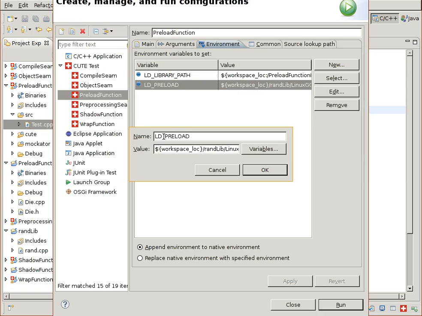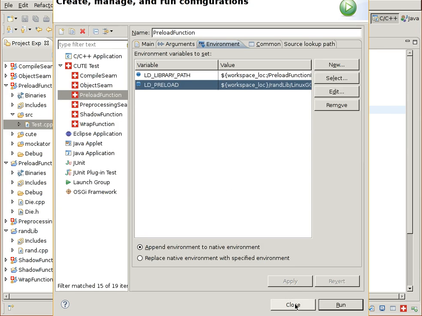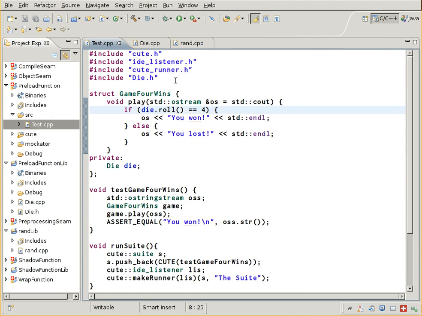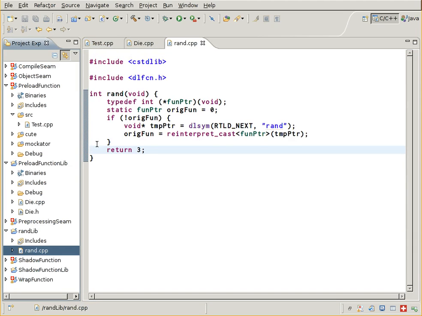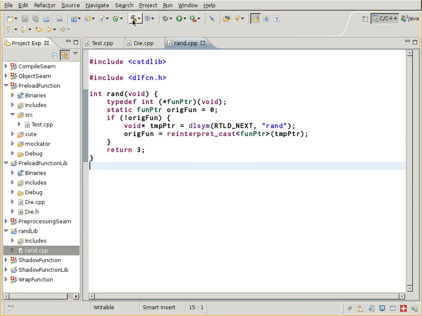Mockator also allows us to temporarily deactivate the wrapped function by clicking on the project. Mockator maintain runtime wrapping. We see here the referenced shared library project with the wrapped function in it, and if we click on it, then the original code will be taken again. We can always reactivate again. So that was preloading functions with the dynamic linker,